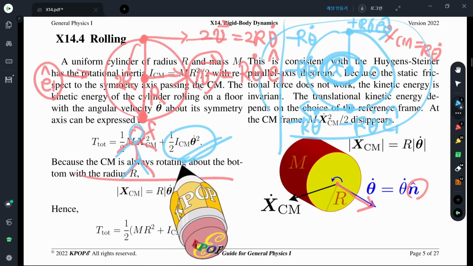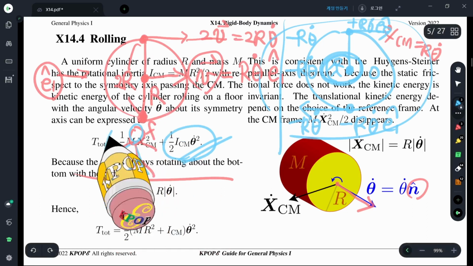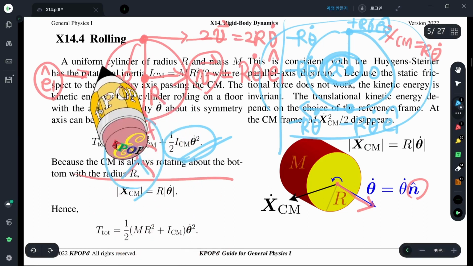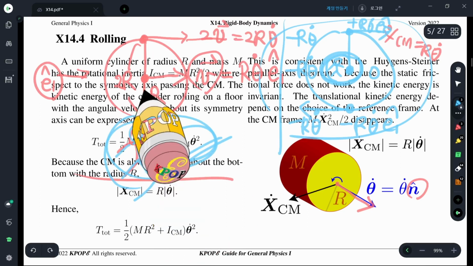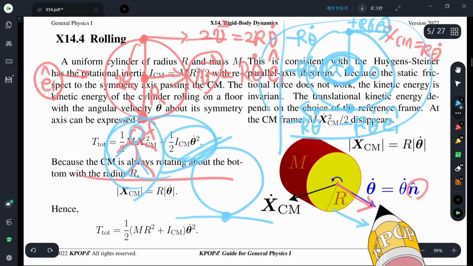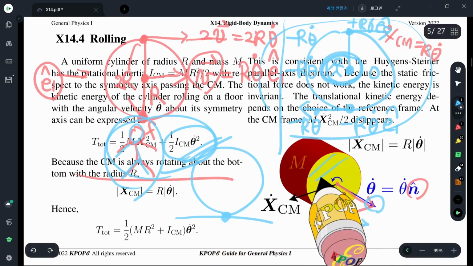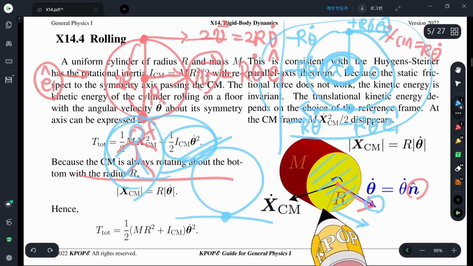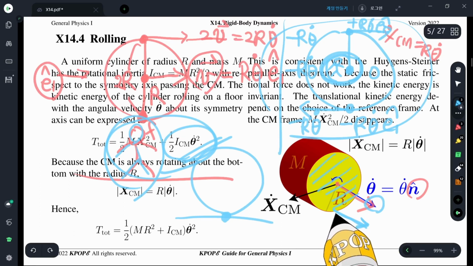And to him, what happens is this guy measures the kinetic energy all together, because the axis of rotation is about this axis, not this. Therefore, if you compute the total kinetic energy of the whole system by rotating the whole thing about the axis of rotation, that is on the rim,